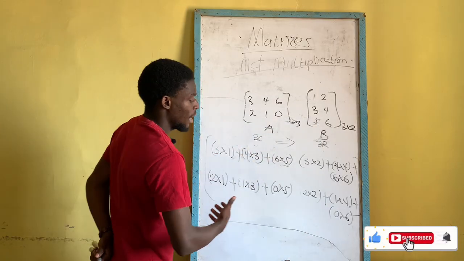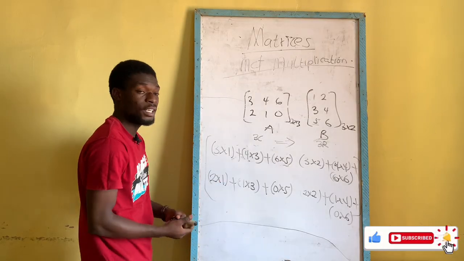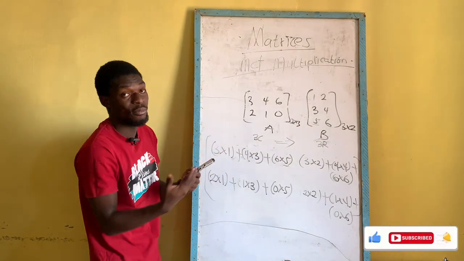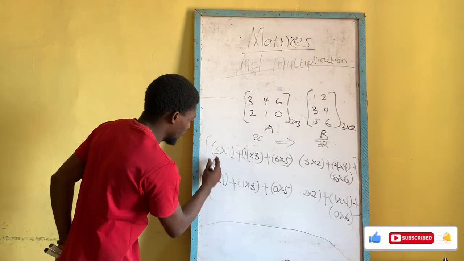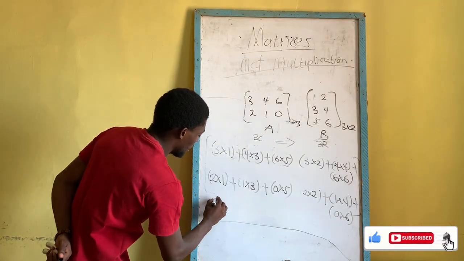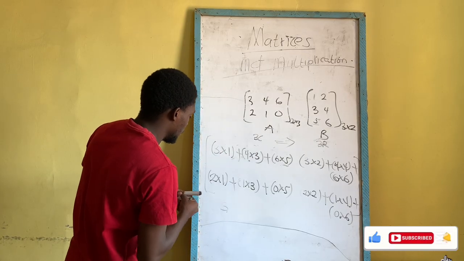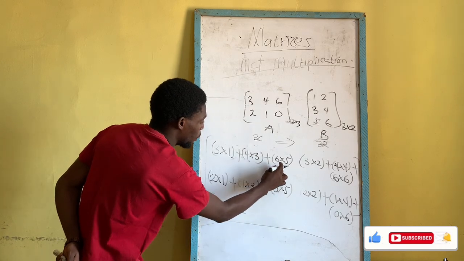We have it here. After doing this, you then do your addition and multiplication. But we have to do the multiplication first. That's doing what is in the brackets. After that, we do addition. So we have 3 by 3 gives us what? 3 by 1 gives us 3. Then plus 4, 3, 12. We have 6,